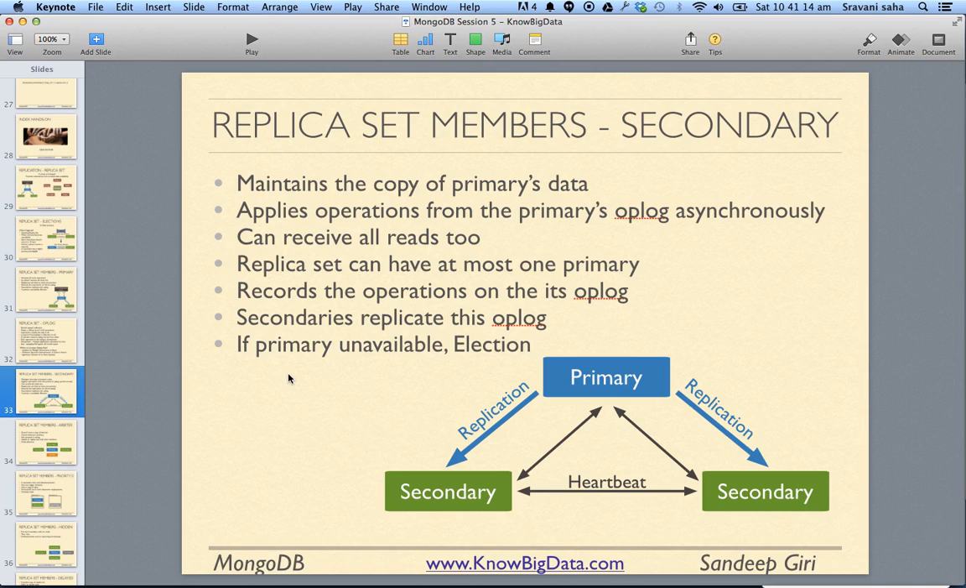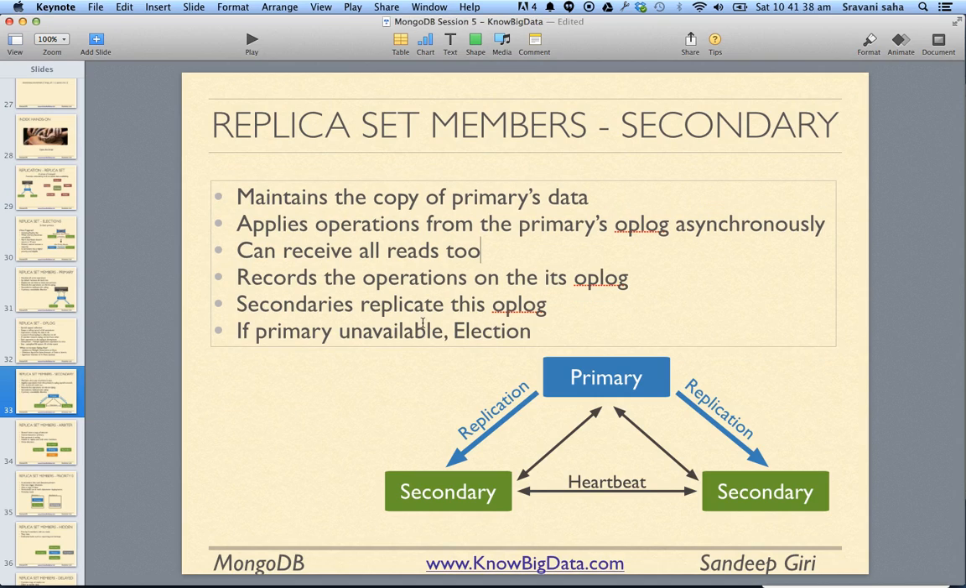And it also records the operation on oplog. The moment primary goes down, the other secondary becomes primary. He will distribute the oplog. Also, it keeps on doing the parallel checking. And a replica set can have at most one primary, multiple secondaries,